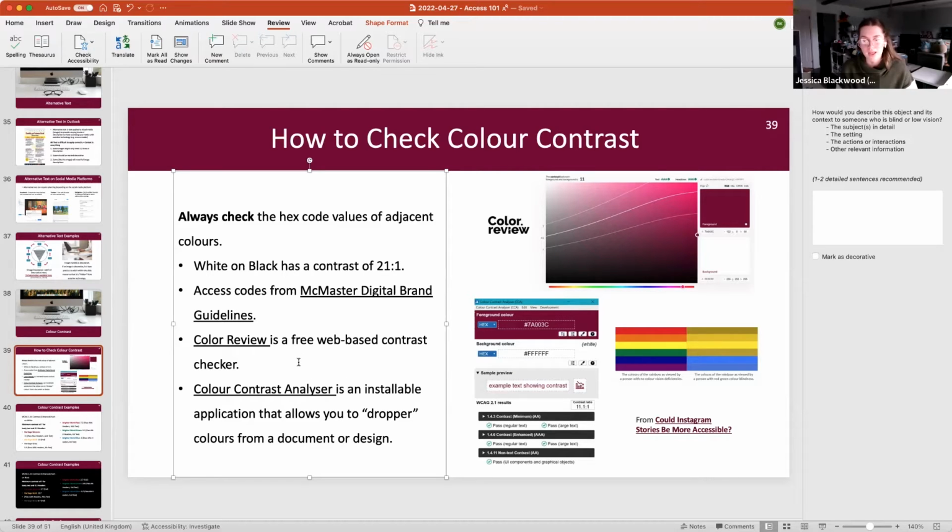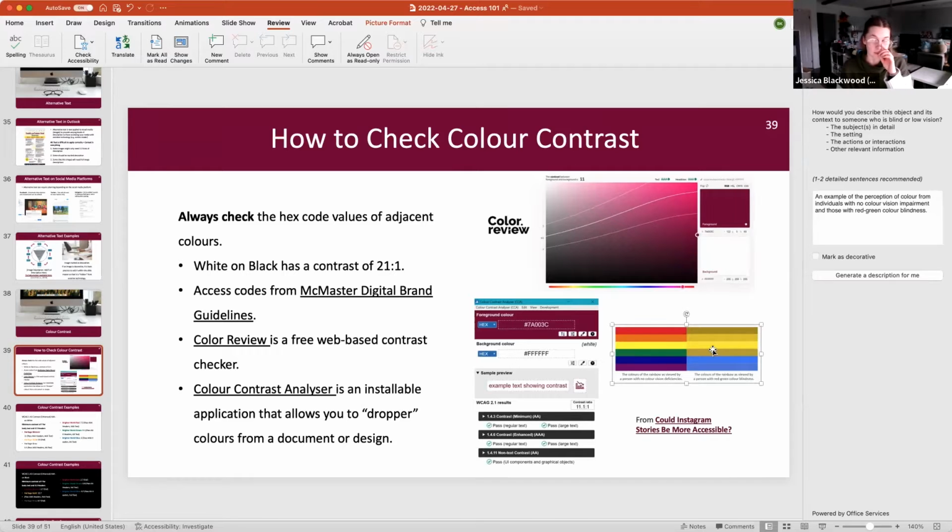It's also free. And this image we have on the right is a comparison of a typical rainbow flag and what that rainbow may look like for a person with red-green color blindness. As you can see, it's kind of half and half. Most of the colors look the same. So one big WCAG requirement for color is that we never use color to convey meaning without an additional kind of modality associated with that color.